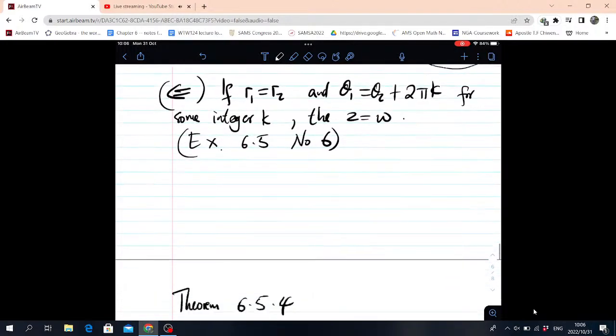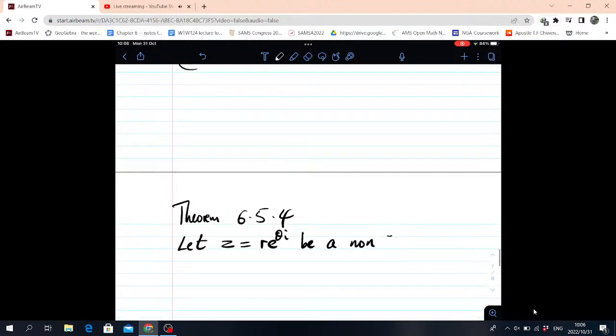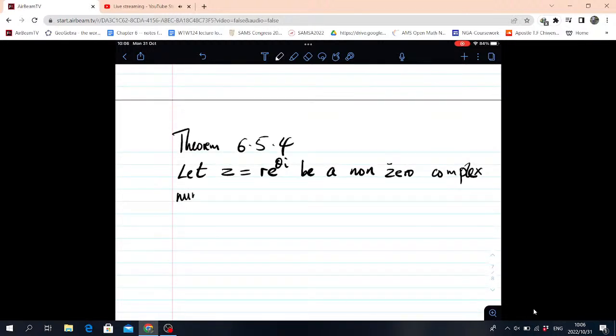And it says, let Z be equal to R e to the theta I be a non-zero complex number, and theta, with theta being the principal argument, so we are restricted between minus pi and pi, principal argument of Z,